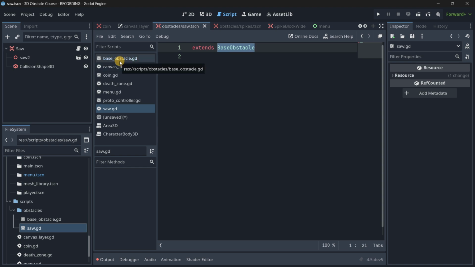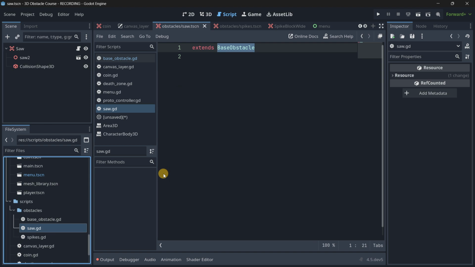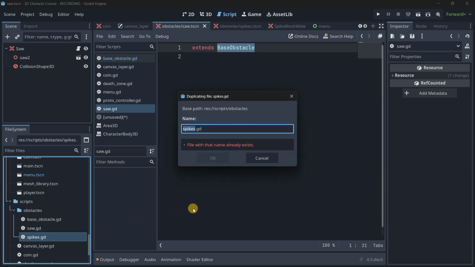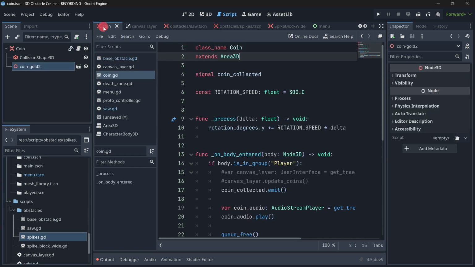So for example, let's do something pretty simple. First of all, once again, let me just create these scripts for all of the obstacles. So I will press Ctrl D to duplicate it, and I will do it for the rest. So this is gonna be spikes, and another one for my spike block wide, and I will go ahead and attach them. So right now in our base obstacle,